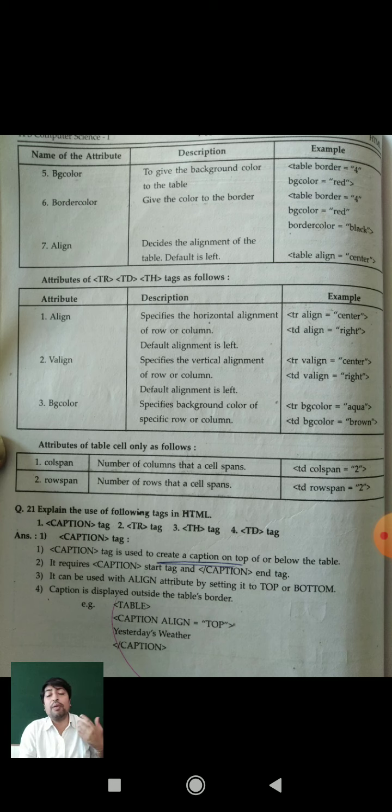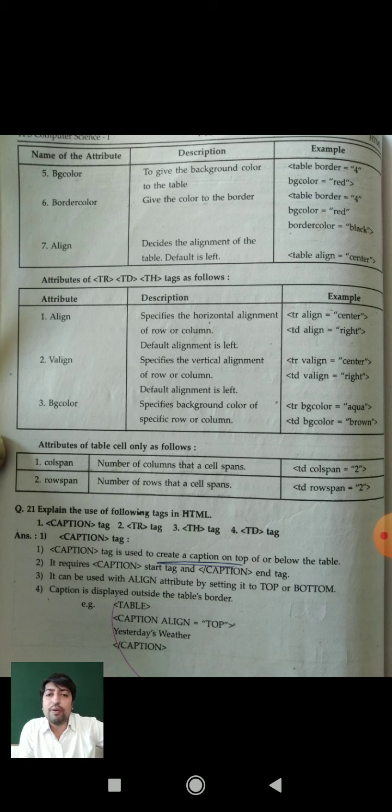If you want to align the whole table, you can align it at the left side, right side or center. You can align your table as per your necessity. Table align equal to center will set your table at the center of your web page. We will see the other attributes available in your textbook.